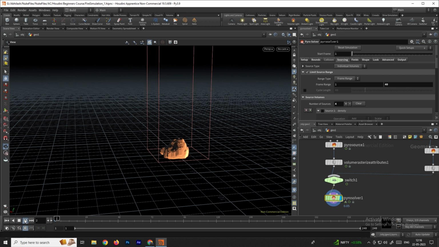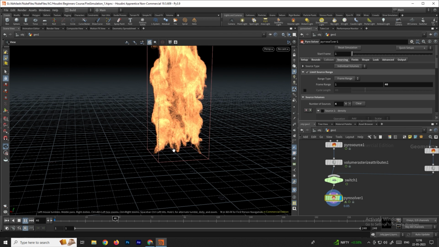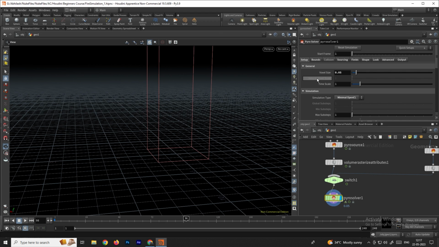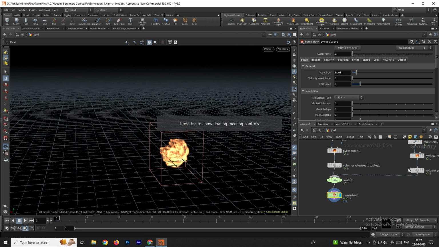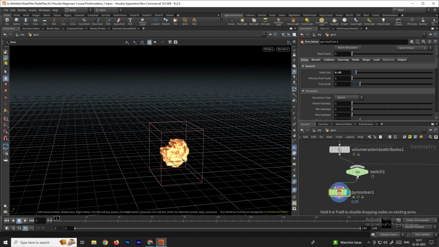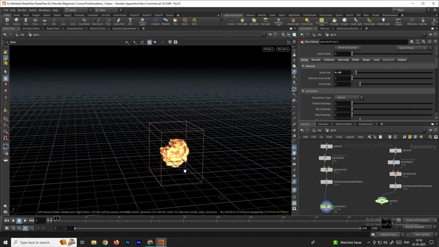So if you click on play, and now see after 40 frames, the fire has disappeared. And now we'll switch back to this option. So if I go to this setup, and here the simulation type, I will put it to sparse, the default one. And also I don't want to use this second simulation source, so I will disconnect this and directly connect from here. And also if you want to disconnect, you can disconnect this. And now we got this fire